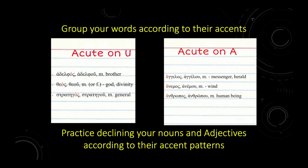So the best way to master the persistent accents is to memorize them as you learn the declension of the noun. So you should begin by grouping your nouns according to their accent in the nominative, and then you can break down each group into different declensions, omicron versus eta, and then according to gender, masculine, feminine,